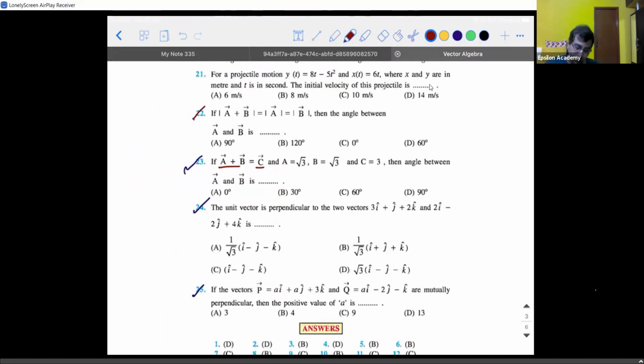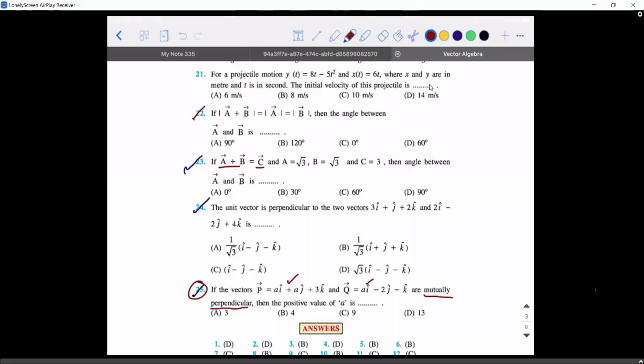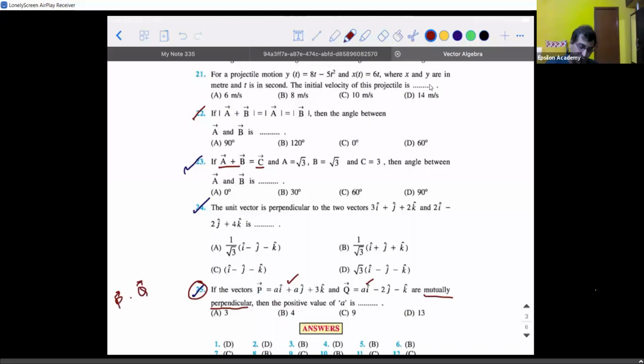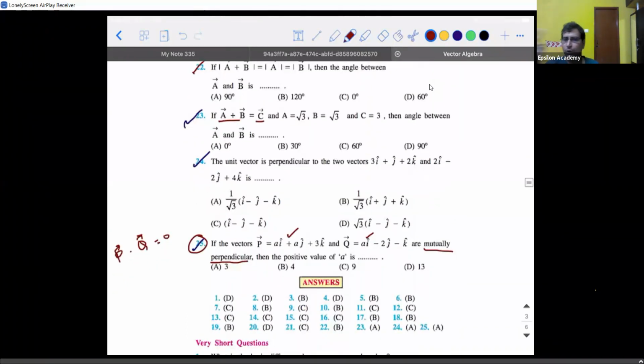Okay. So the 25th: P vector is this and Q vector is this, and they are mutually perpendicular. Remember, guys, wherever you see perpendicularity, the first thing that should come to your mind is that the dot product of 2 perpendicular vectors is always 0. P vector dot Q vector will be equal to 0 since they are perpendicular. We know how to do the dot product, right? Just multiply the coefficients of the corresponding unit vectors and add them.